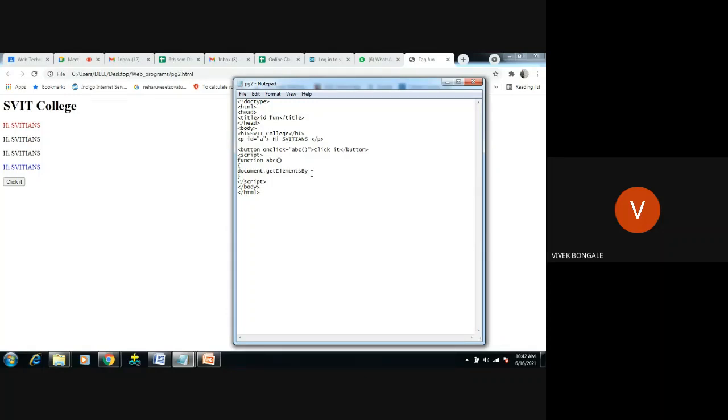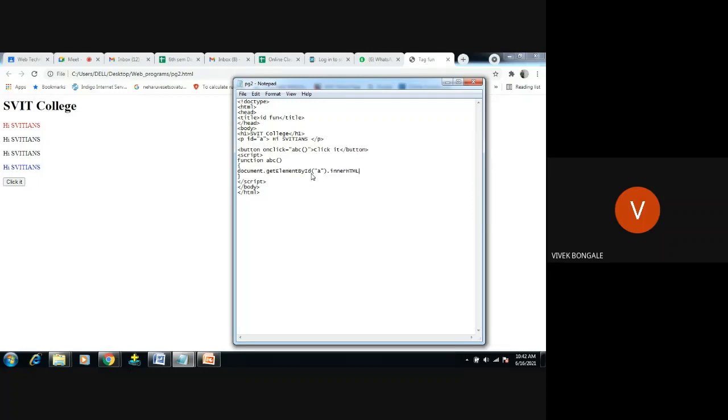So as we're doing with the ID, document dot getElement, not getElements, getElementById. Why not elements? Because ID is unique in the entire HTML. So getElementById, I'm passing the ID here, A, right? Then I'm using the property. What property? innerHTML.